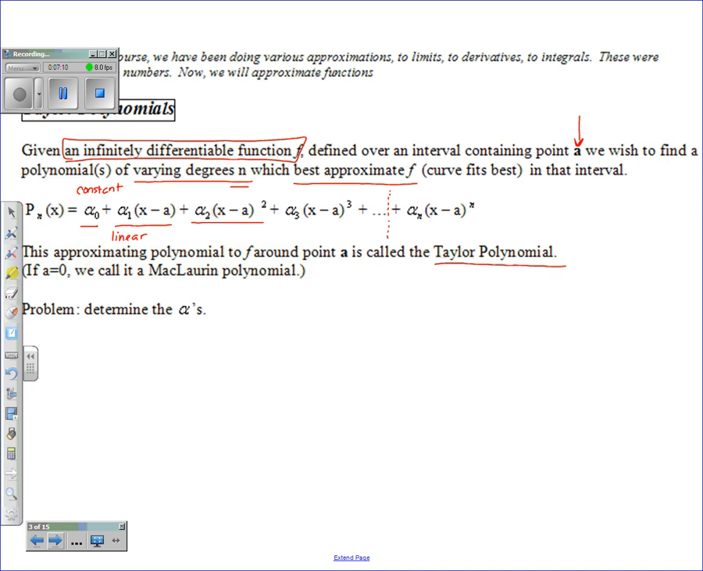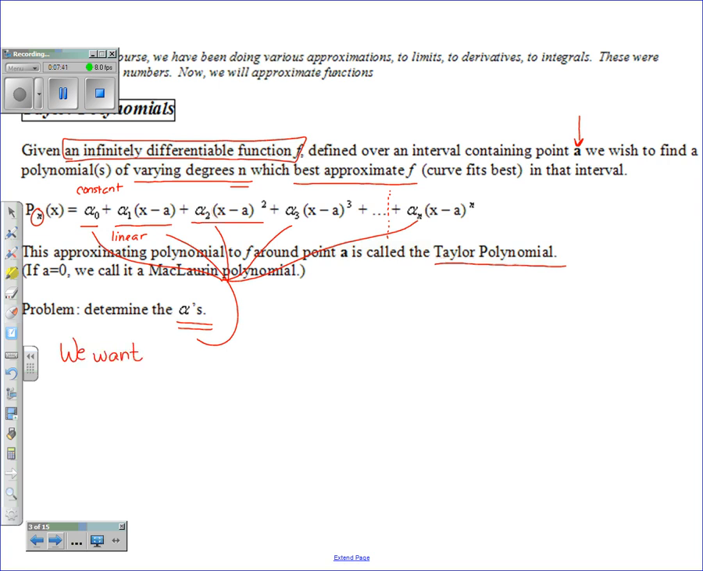whatever degree is prescribed. So right now, we're going to develop the general polynomial based on a few things that I just mentioned. So we want to determine the alphas. Once we have the alphas, we have the general form for the polynomial. That can be applied to all sorts of different functions. So the very first idea is